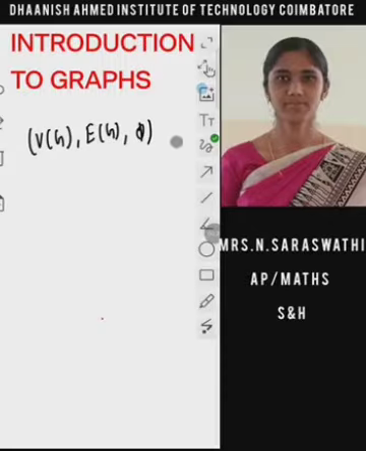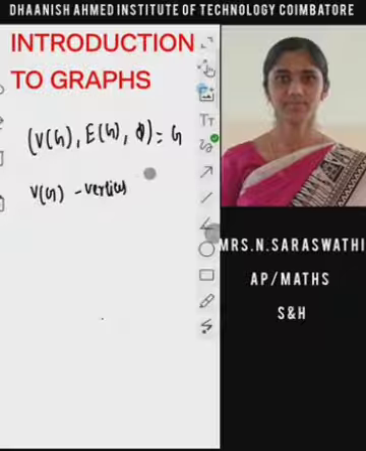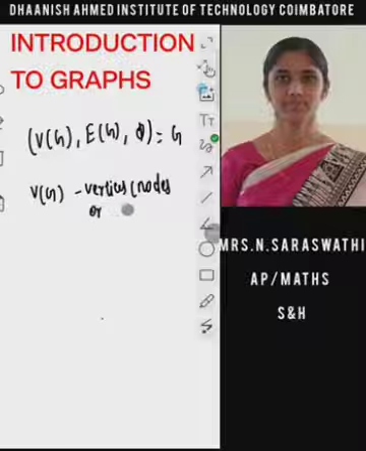So this is an ordered triplet and this we call as graph, and here V of G represents a non-empty set of vertices. It is also known as nodes or points. Vertices are also known as nodes or points of the graph,